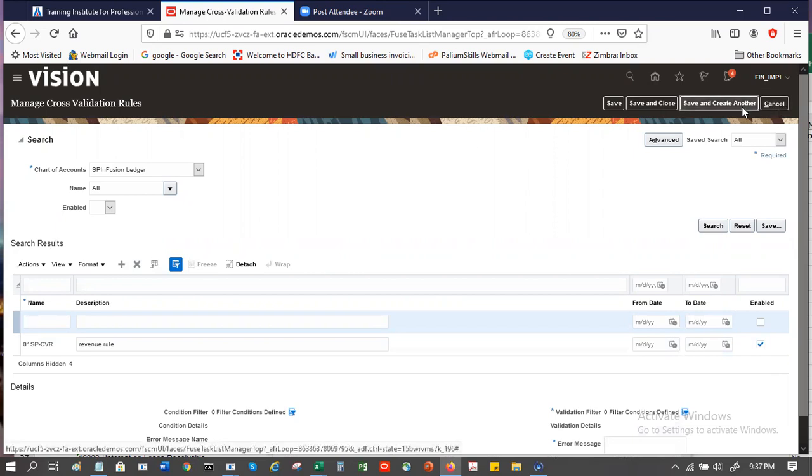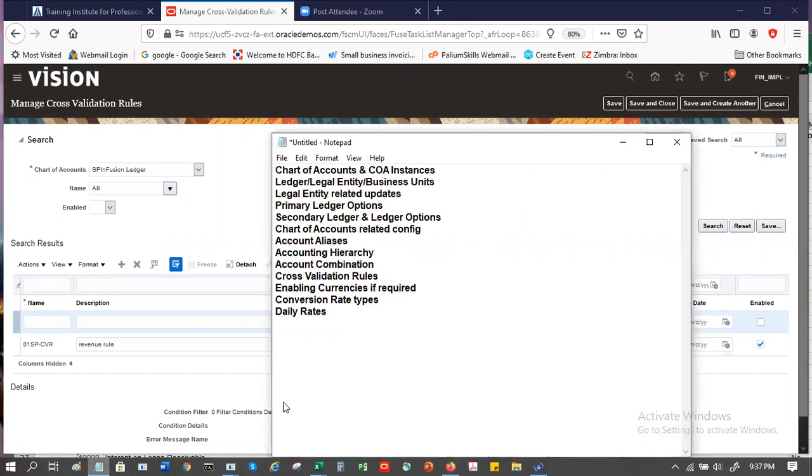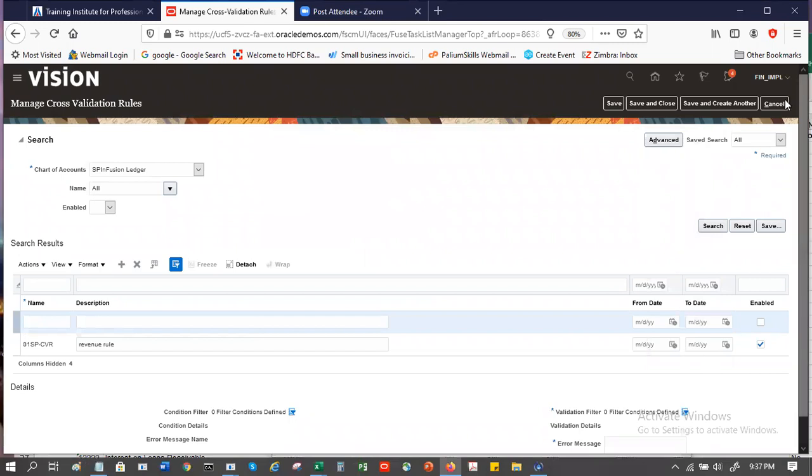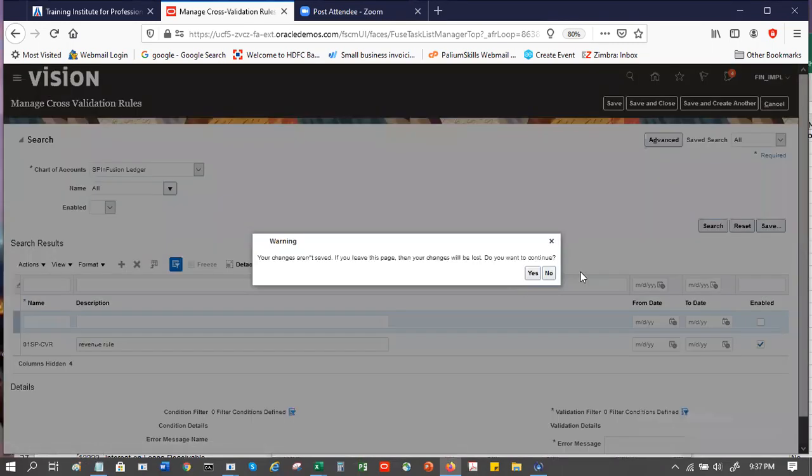I think we can move on to the next. You can move to the security rules. These are the other things. Those remain the same, so I don't need to show you. Yeah, I think you can leave that same part as in EBS. Yeah, exactly. It's the same thing.